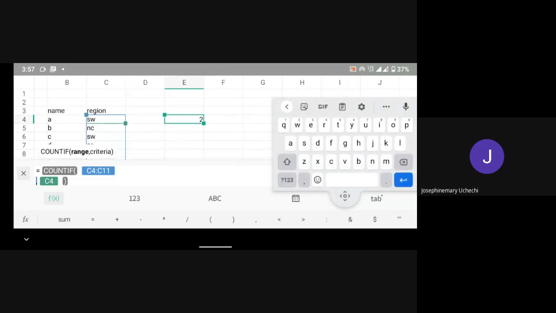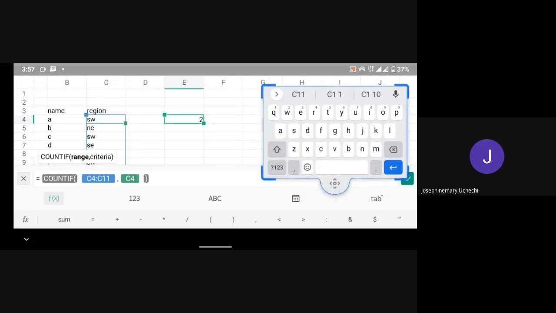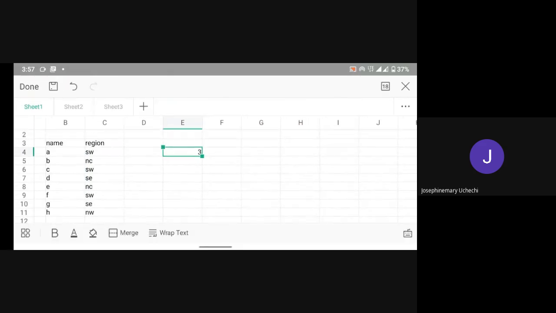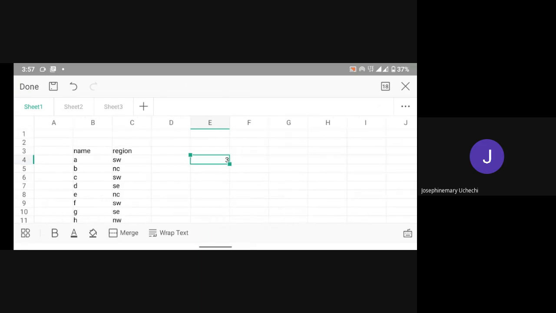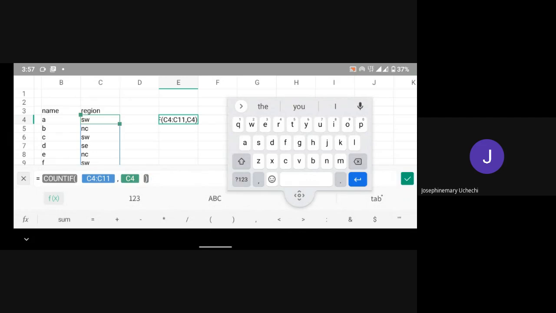And if I press enter now, now I have three Southwest actually. 1, 2, 3. So if you look at my formula, you see that if you want to use COUNTIF,